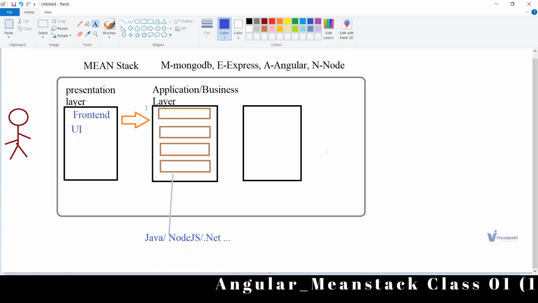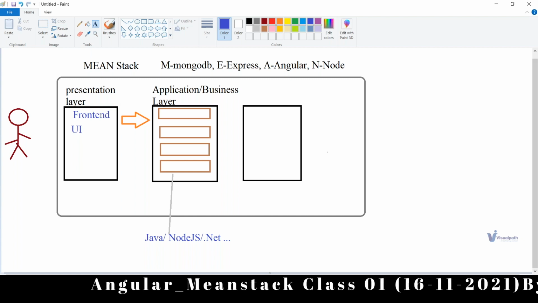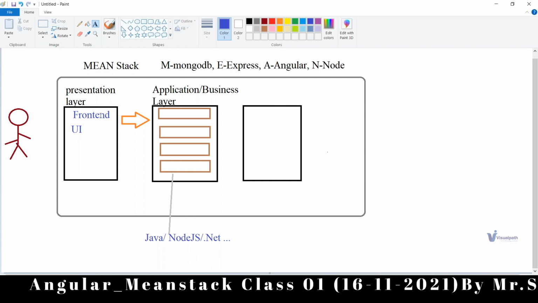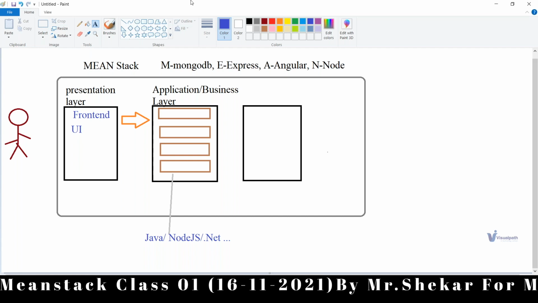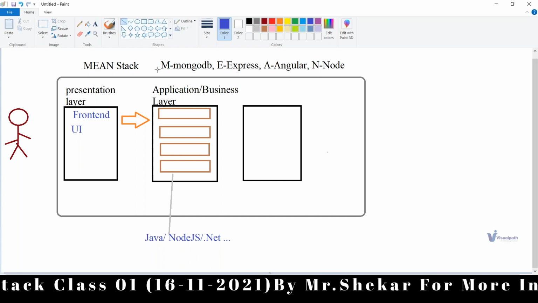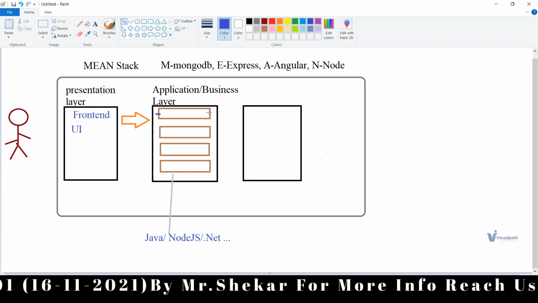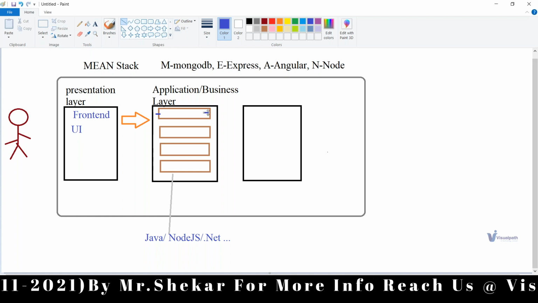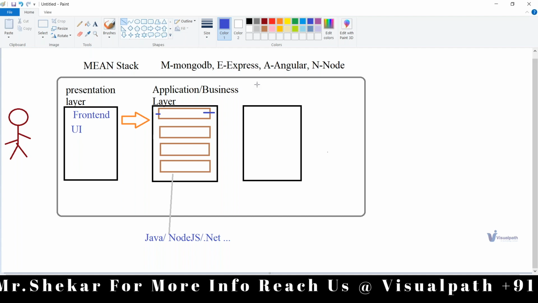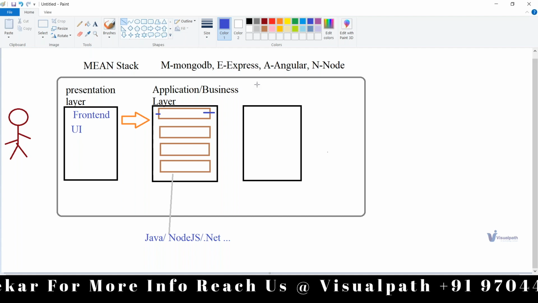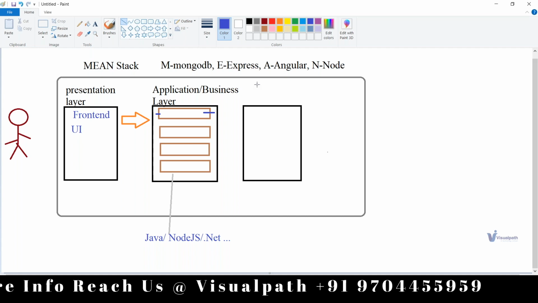For example, we carry the same example now. Assume there is a sign up page, and the user inside that browser entered the data. That data is transferred to the application layer. So this is your sign up related module, assume. The data will be taken by this particular module. What is the meaning of sign up here? The data has to be stored. If you have entered all the fields properly, then that data has to be stored as a new user information.